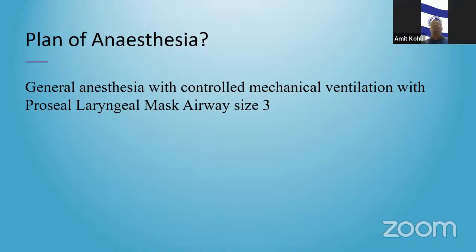Okay. So all the postgraduates who are listening to us today, we have selected to use a supraglottic airway device. It's always better to go for pressure controlled ventilation over volume controlled ventilation. And if you're using a supraglottic device, regular checking of the cuff pressures and the oropharyngeal leak pressures is very, very important. You always speak up about it when you're using a supraglottic device. And adding PEEP is again very important in such cases.